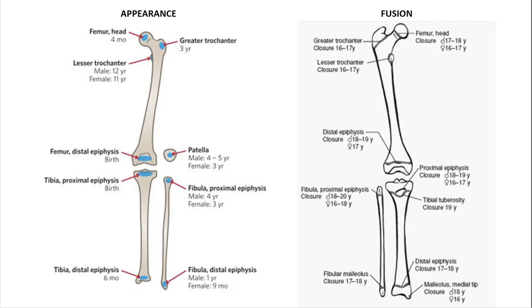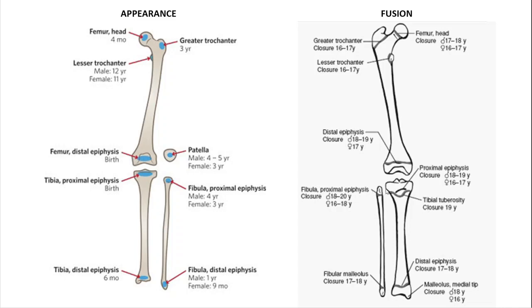Coming to the ossification of the lower end of femur, we know when do these secondary centers appear? Lower end of femur appears at birth. The upper end of tibia appears sometimes just before birth, or just after birth, whereas upper end of fibula appears in the third to fourth year, and patella starts ossifying in the third year in a female child, and in the fourth to fifth year in the male child. What is the age of fusion? Since this is the growing end, this will also fuse very late, roughly by 17 to 19 years, depending upon whether it is a female or a male subject.